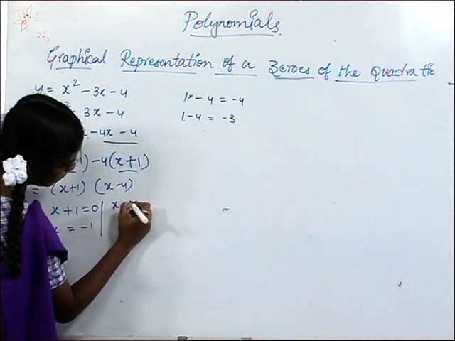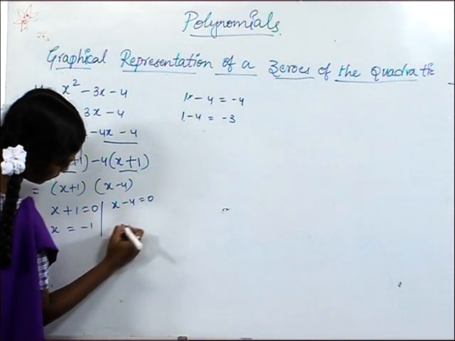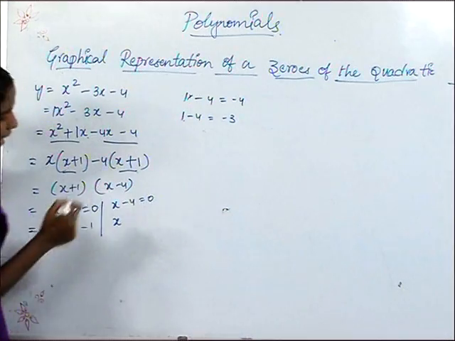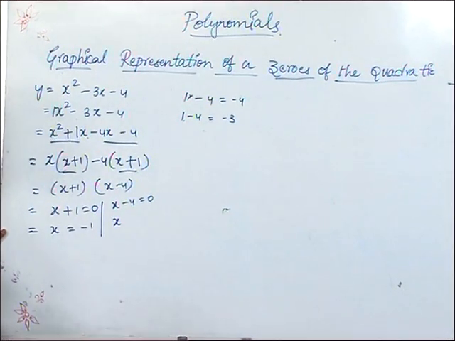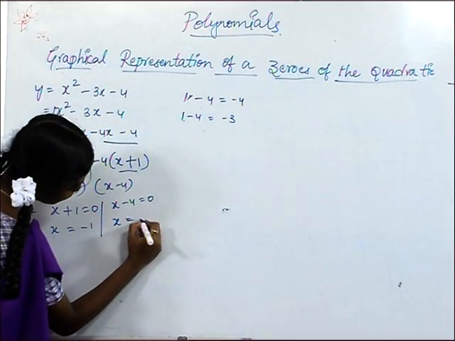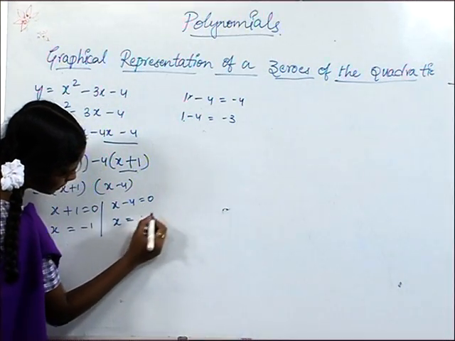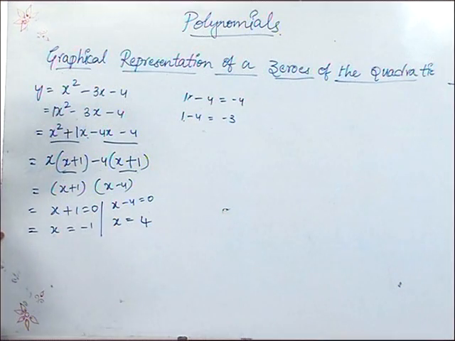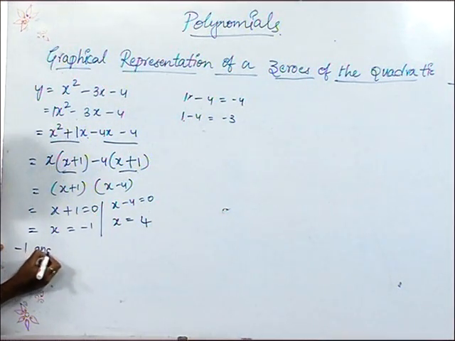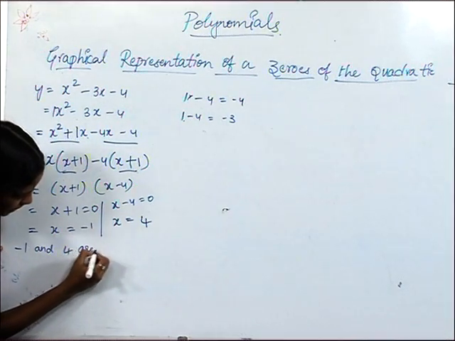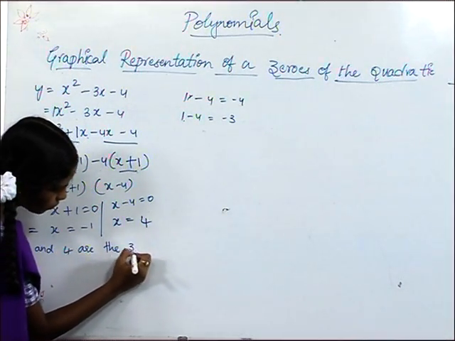Here x minus 4 equals 0. Here also I am taking a 0 because I am going to find zeros of the polynomial. So x is equal to, when minus 4 goes to this side, it becomes plus 4. Friends, now minus 1 and 4 are the zeros of